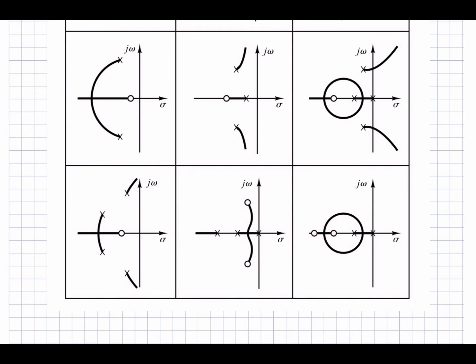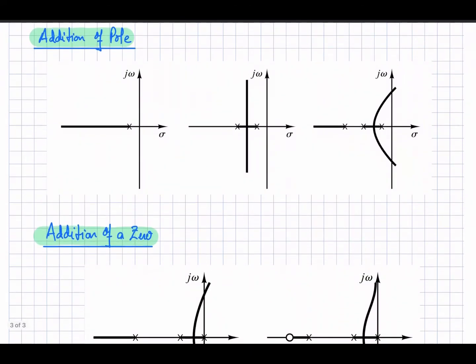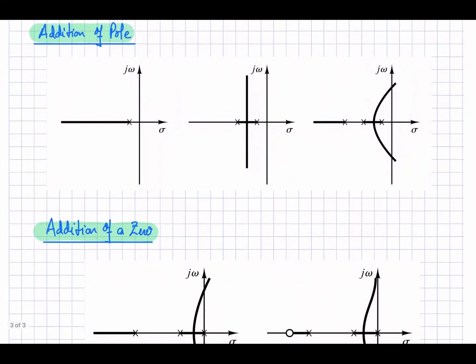Okay, so you can sketch the root locus of the system by looking at the position of the poles and zeros. Now let's see what the impact of adding a pole to a system is. Suppose you have one pole, so you can see this is the root locus, if we apply the root locus rules discussed in the previous videos. Now if I introduce one additional pole, the root locus becomes like this, right?